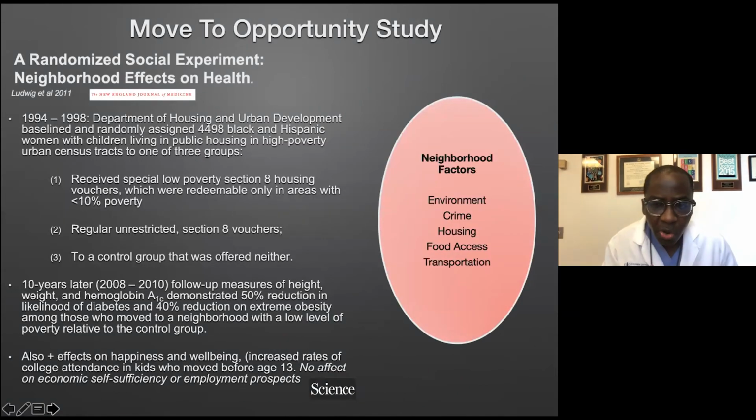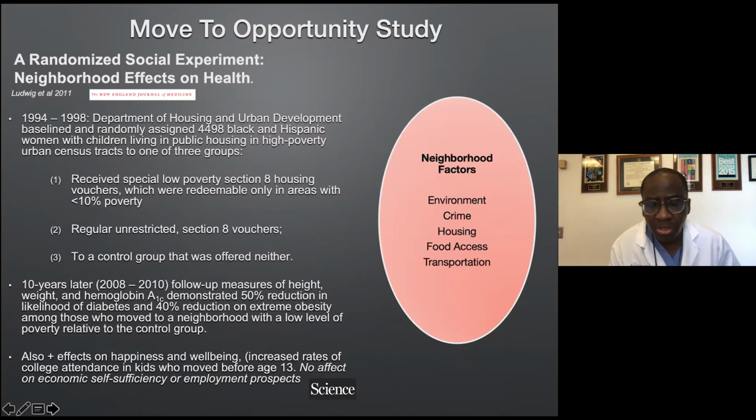But we know from various studies that addressing these determinants plays a really hopeful role. This is a study that was done by Jens Ludwig. It's a landmark study, the Moving to Opportunity study, I'm sure many of you are aware of. What they basically did was randomize about 4,500 women and children, done with the Department of Housing and Urban Development, living in public housing in poor areas